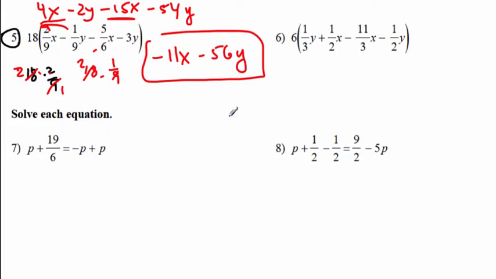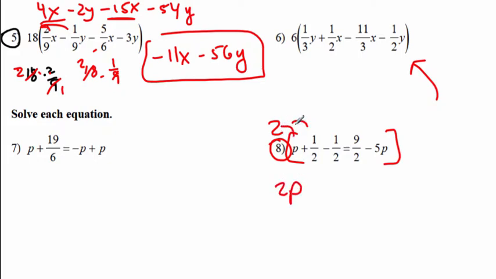Now, I'm going to do 8 here, actually, because 8's a little more ugly. Look at all those 2's in there. But what you want to do is use the skill that we just went over so that you can clear out all the fractions. So this has 2's in the bottom. So I'm going to multiply both sides of the equation by 2. And I'm going to multiply everything. So that's going to give me